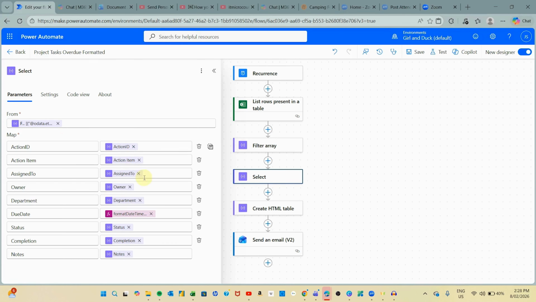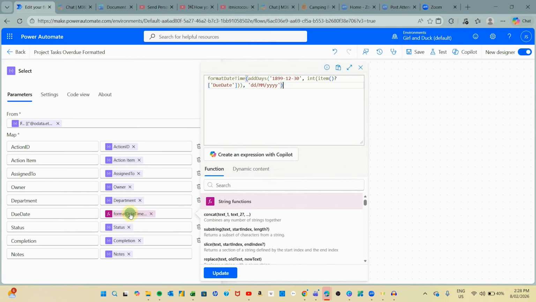Now, I've left most of them alone as most of them were okay. However, the due date did need a bit of tweaking. It was simply displaying as a serial number. So if I click on that, we'll see an expression that will do some formatting to it to make it into reading the day, month, and year, which is the Australian format, and you can substitute any local format that you have. So first off, we are formatting the date time